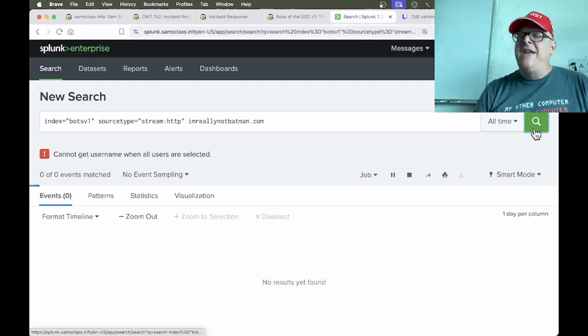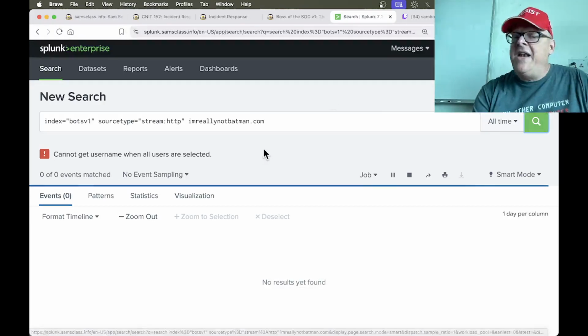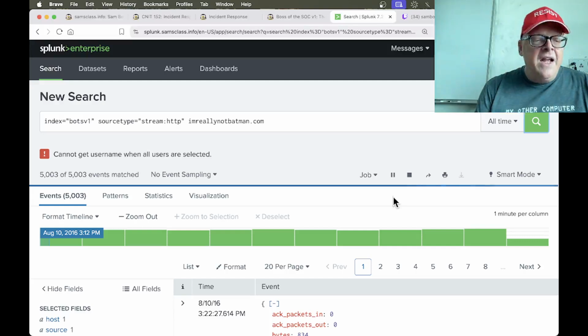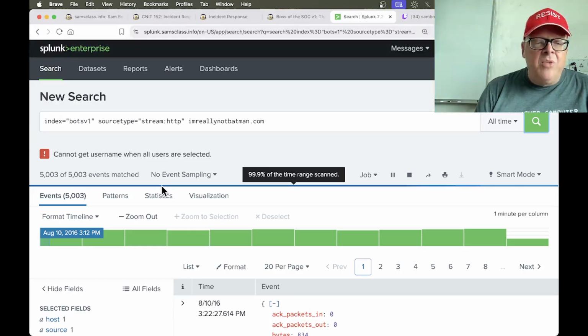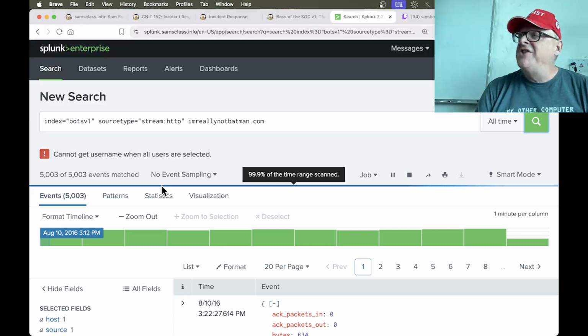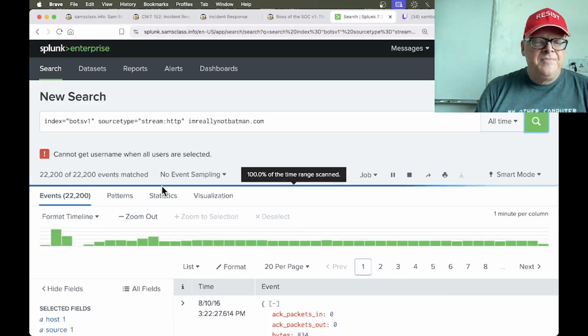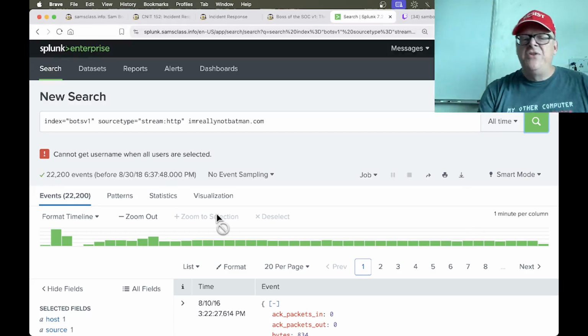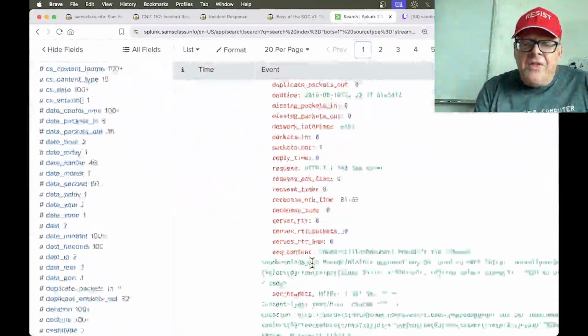So this will find events that contain that domain name, and therefore they're requests for our server. And so I'll let it run and find them all, because there aren't that many. There must be some number less than 29,000 of them. All right, so it's done. There's 22,200 of those. And if I look at these,